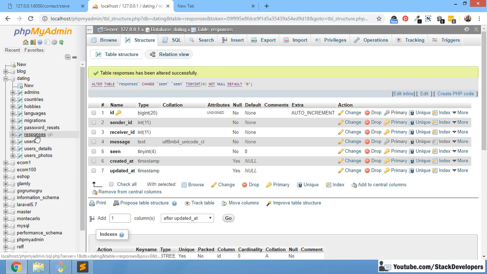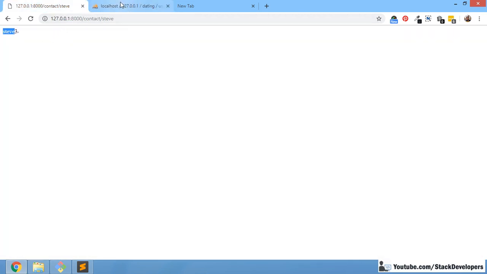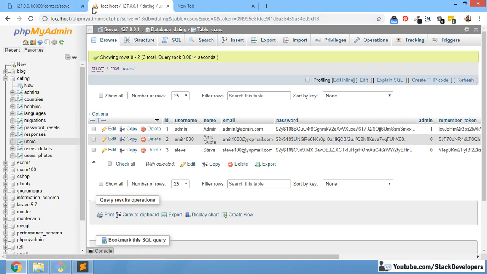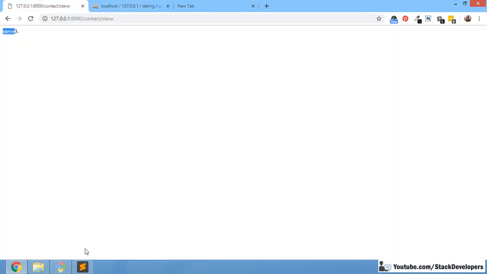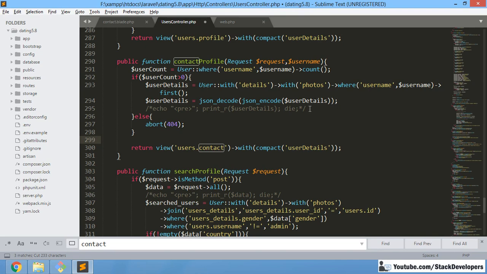You can see here in the user table, what is the ID of Steve? The user ID of Steve is 3. That is fine. So both Steve and 3 are coming, which means Steve is the receiver, and the receiver ID we have got is 3. Okay, so this one we are going to add, and one more thing, this one we can add inside here as well,